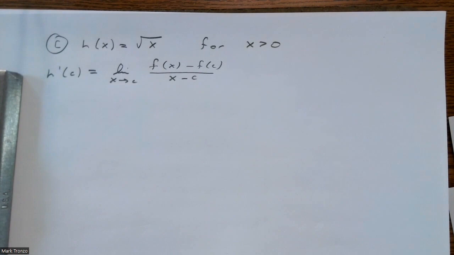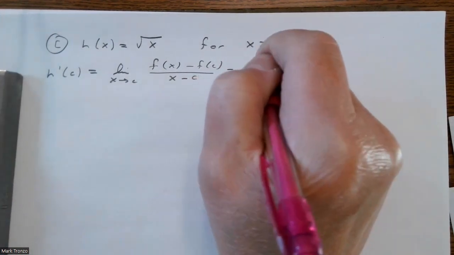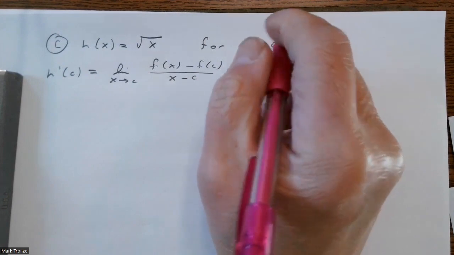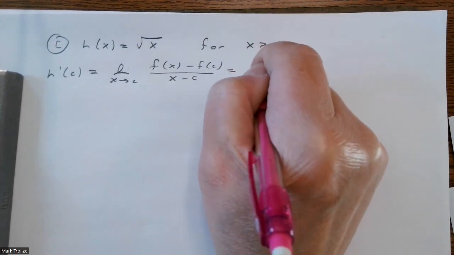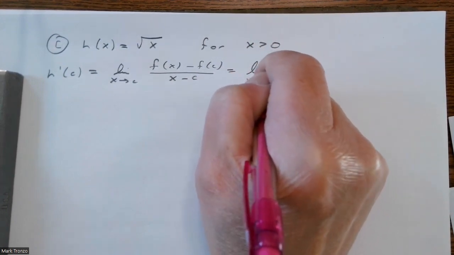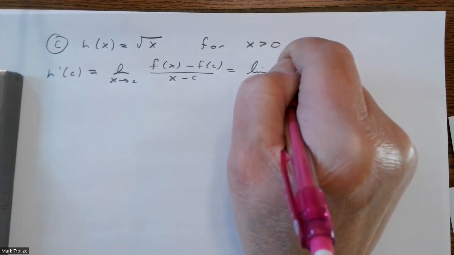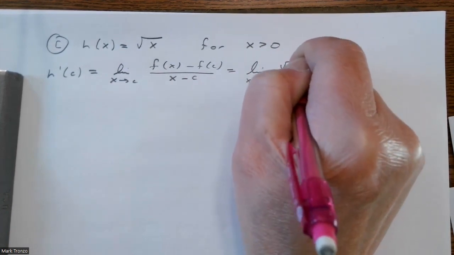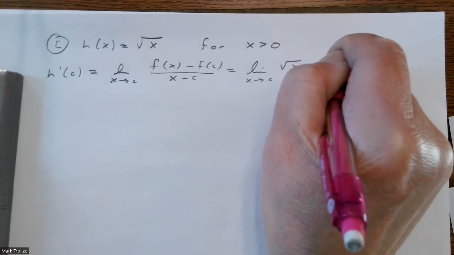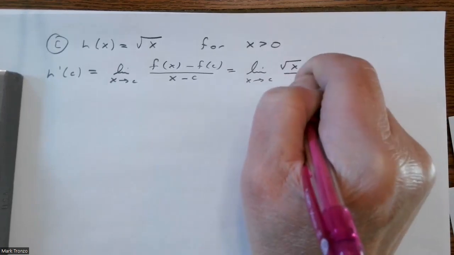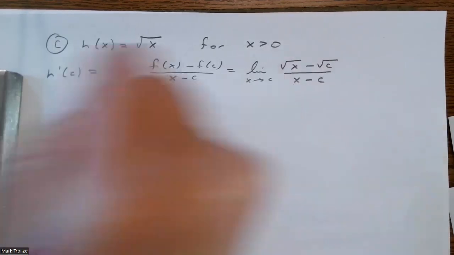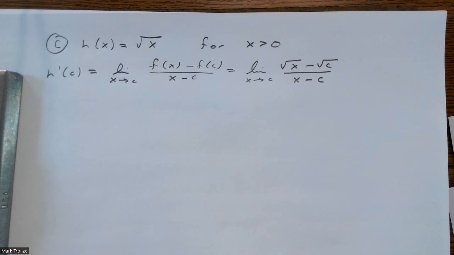That's the rule that we have to work with. And then this is equal to, if we plug in our function, square root of x minus square root of c over x minus c. Once again, anytime you have something like this,